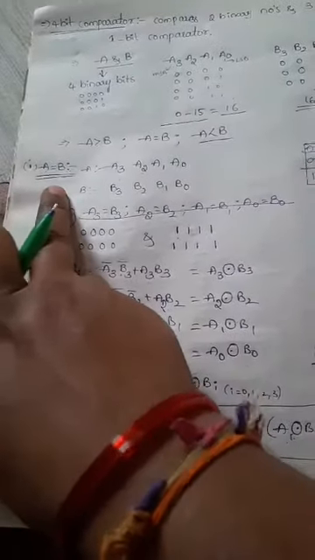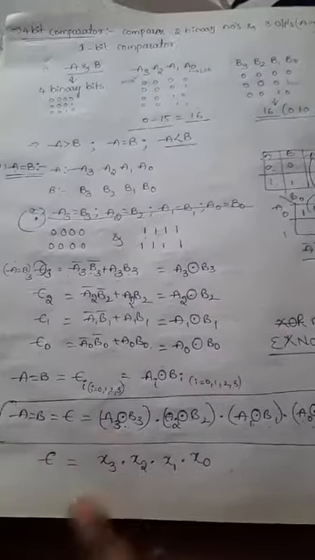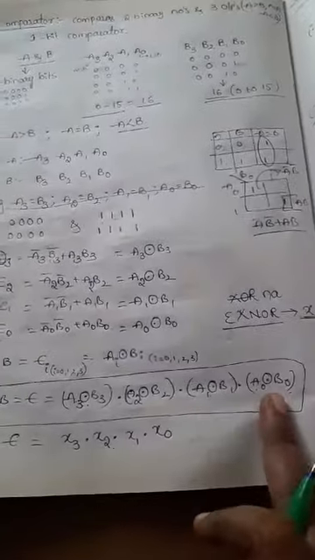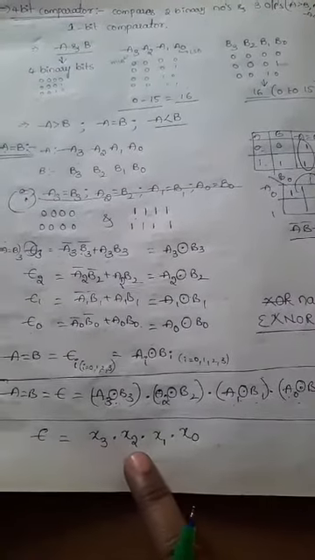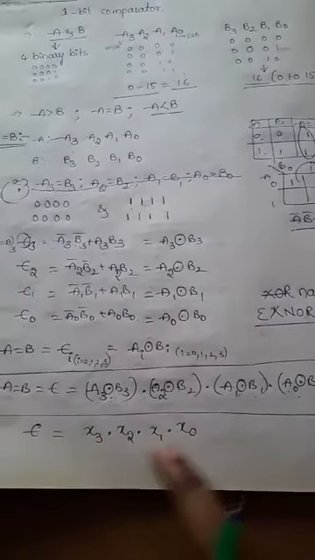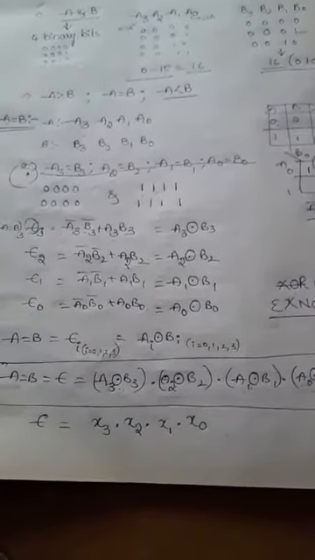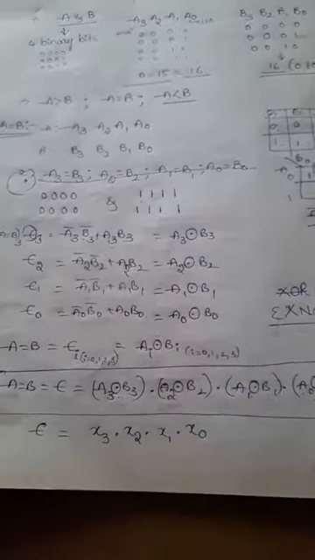Now the next step is defining the outputs. Just check it. The first output function is A equal to B for this 4-bit comparator. So what is the output of the 4-bit comparator? That is nothing but all the XNOR gates multiplied together. A equal to B is equal to x3 into x2 into x1 into x0. That means all the XNOR gates are multiplied with an AND gate, so in between all the XNOR gates we'll have one AND gate.